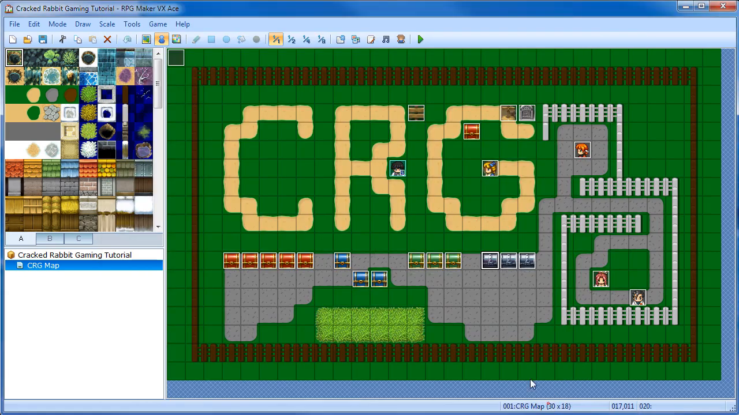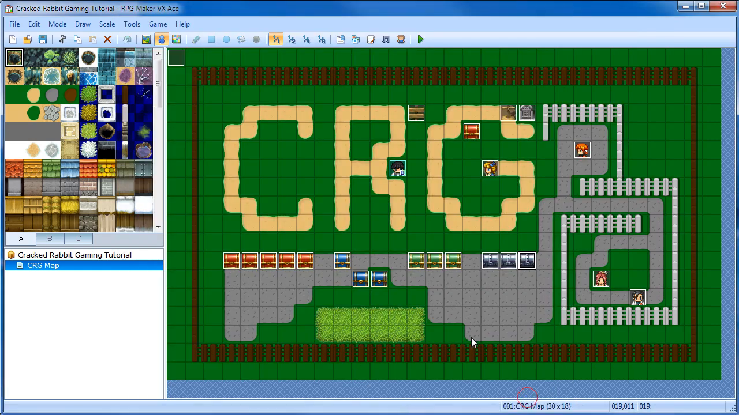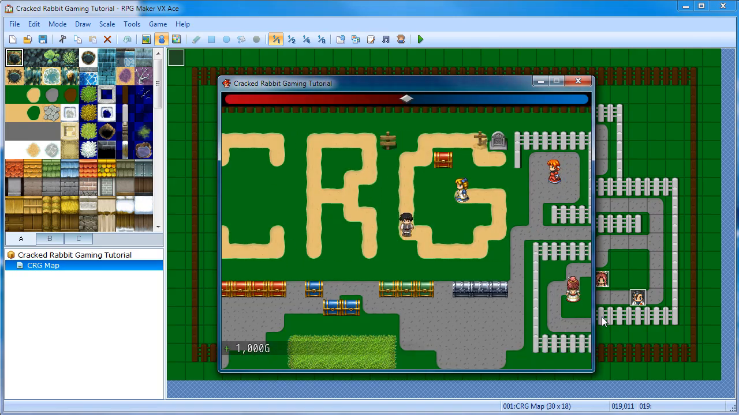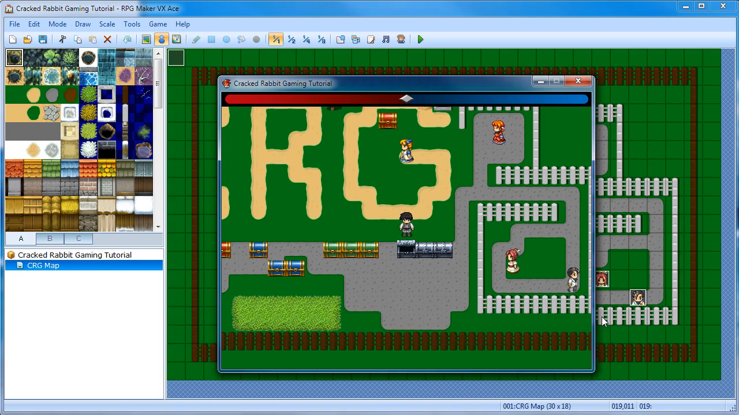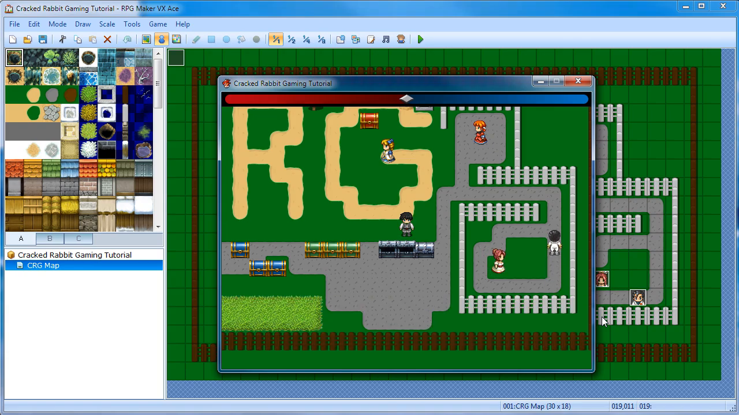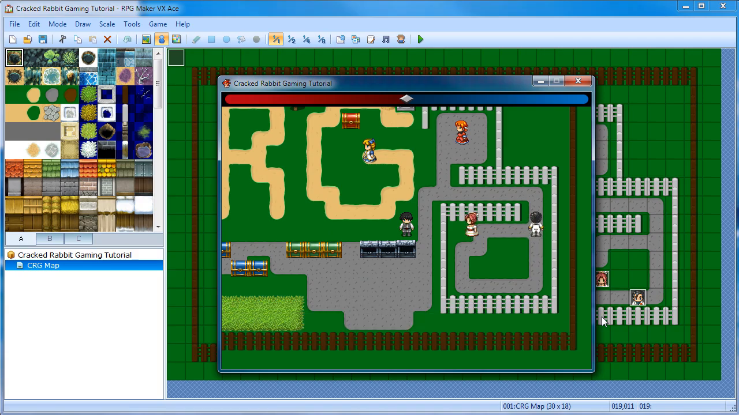And so then here you can see I just changed the numbers for the loot, and then this one I just have a self switch on just so you can see that it does in fact work as it would in the final game. So let's go down here. So dispel herb, speed up, guard up. So then in this one you can see there are different items: magic up, luck up, elixir, and then here's this one, and then if I keep clicking it doesn't work anymore